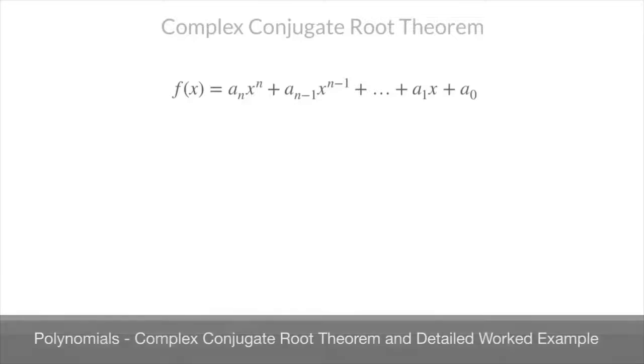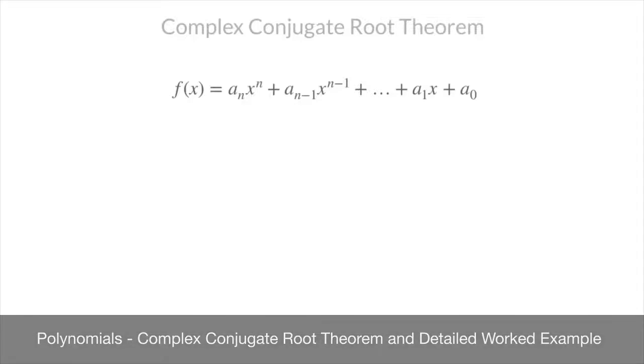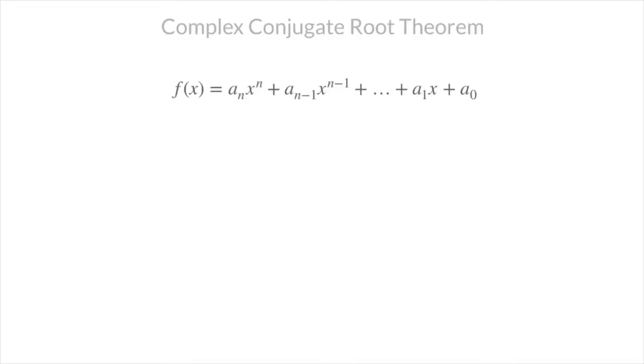We now learn about the complex conjugate root theorem for polynomial functions. What we're looking into here are polynomial functions like the one we see here, in which all of the coefficients are real numbers. What the complex conjugate root theorem tells us is, if one of the zeros or roots of this polynomial function is a complex number, say z, then its complex conjugate must also be a root